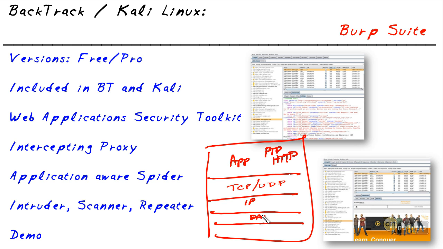So there's the data link and then the physical, where we actually transmit the bits, whether it's over fiber, over copper, over radio frequency, we're sending out those bits in some fashion. Well, let's talk about an HTTP application. Now, we know that when a customer sits at a computer and they type in